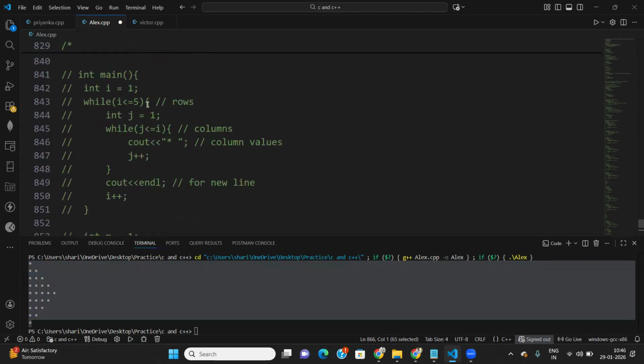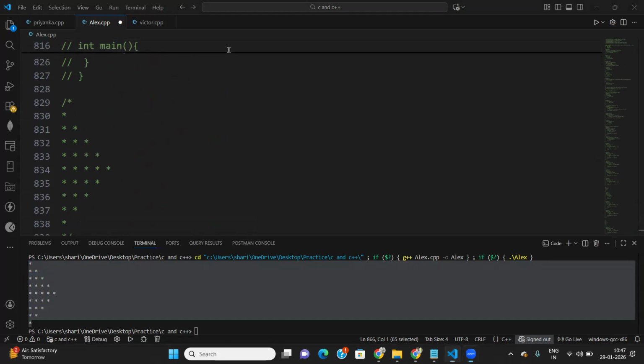Any doubts from this section? Because I think this is needed, a practice one. Because without practice,